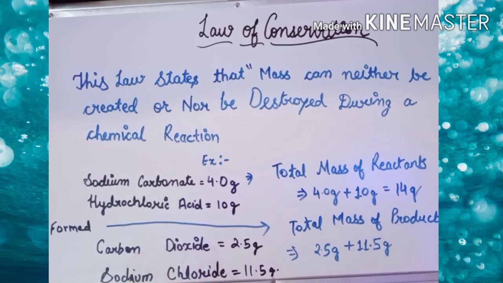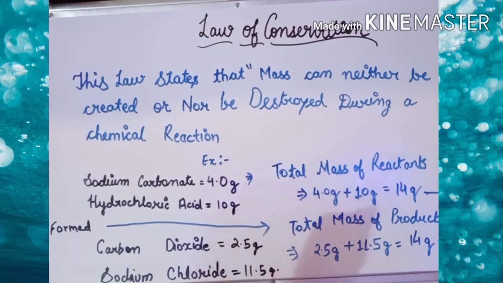When carbon dioxide mass was 2.5 gram and sodium chloride mass was 11.5 gram, we added both and it also gave us the answer 14 gram. Means both answers are the same, so these are equal. When we get these as equal, this proves that the law of conservation is applied and